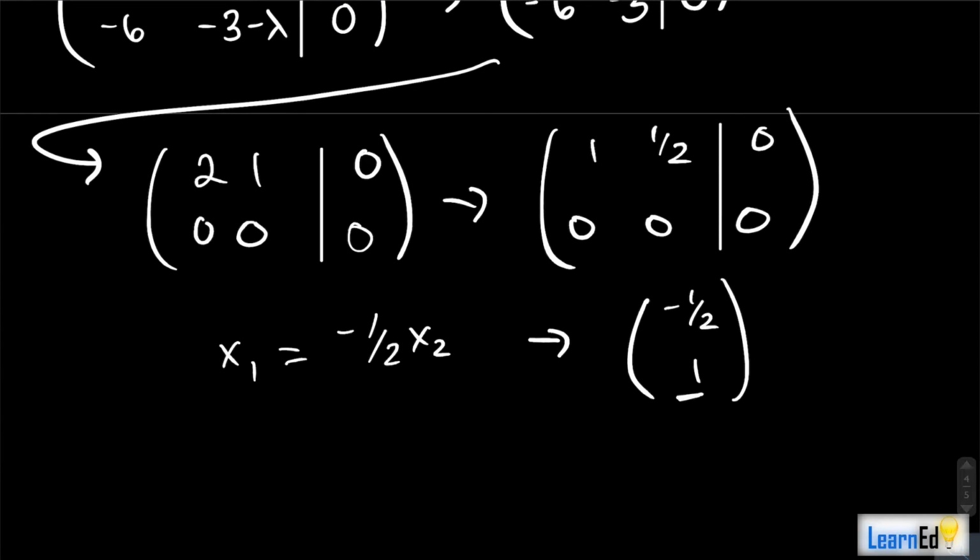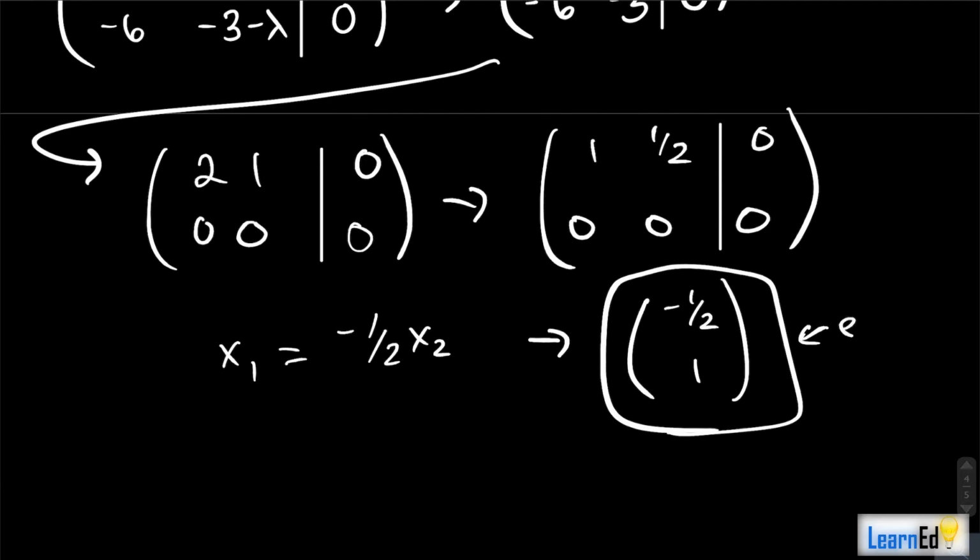Because x2 is a free variable, and x1 is going to be negative 1/2 x2, this is the same thing as x2 times negative 1/2, 1. But we get rid of the x2 because we're just talking about this vector. This is our eigenvector